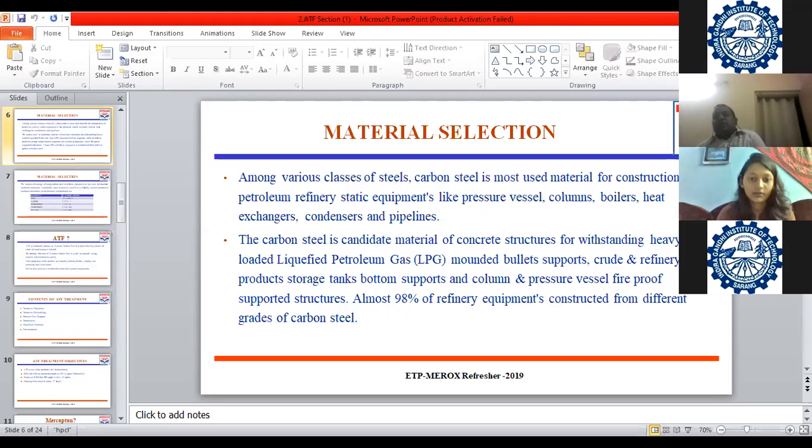Again, we dispose of it after treatment in the effluent treatment plant, and then we have to dispose of it in the sea. So the huge requirement of water can only be fulfilled by the sea. So 90% of refineries are generally sea based. But refineries like Mathura, Mittal or Bina are river based. They take the water from the river. But 90% of refineries are sea based because a huge amount of water is required in refinery